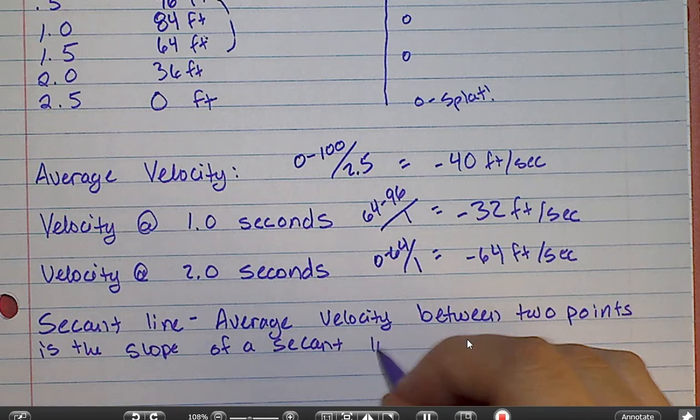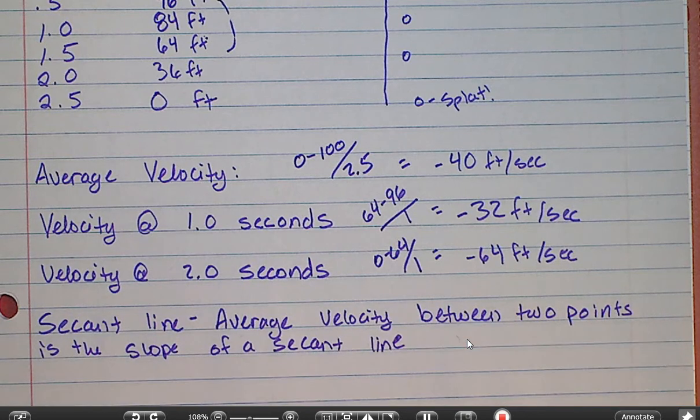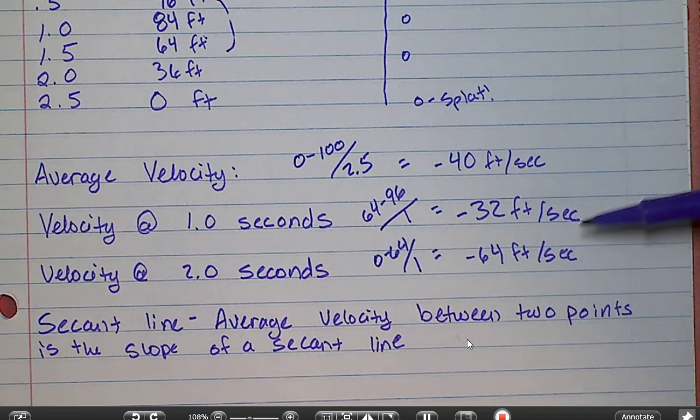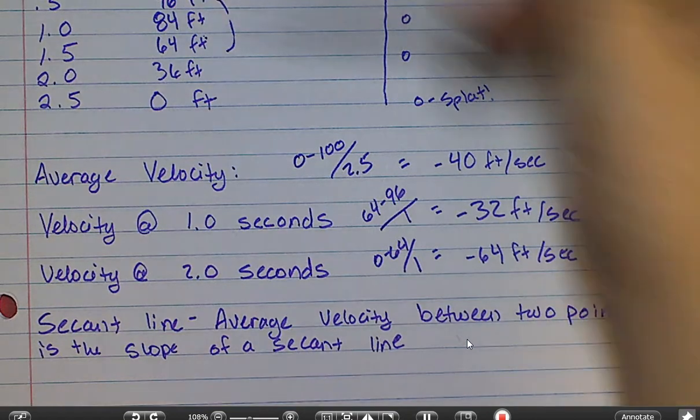And you guys have heard that term secant before, back in pre-calc. We're not going to use it the way that you used it in pre-calc for a little bit. Okay, so a secant line is what we were doing here. So like this negative 32, this is the slope of a line secant to the graph of this from 0.5